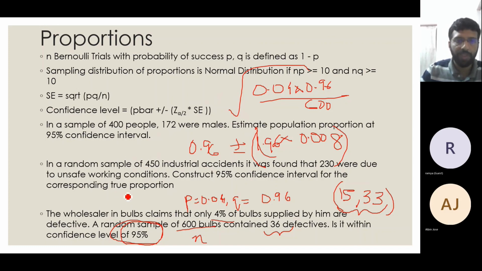Okay. So with that, I think the last example, 1 or 2, might be confusing. Okay, you leave it, because I don't want to cover that along with the two population case, because the two population case is slightly tougher to understand. So that's why I covered proportions now itself.